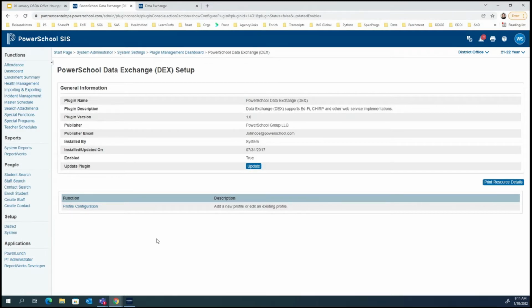So what we actually need to do, remember, we're setting up a new profile for Ed5 for the given year. We have found that it could be helpful to have previous profiles from previous years disabled, not deleted, but disabled. So we're actually going to edit one, we're going to disable one, and we're going to create a new one if we have others that have been created. And you probably do because everybody has done their Ed5 onboarding. So we're going to click Profile Configuration.